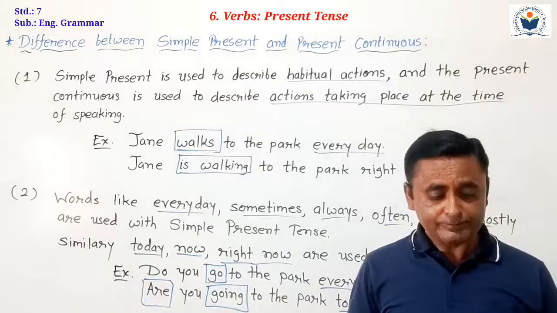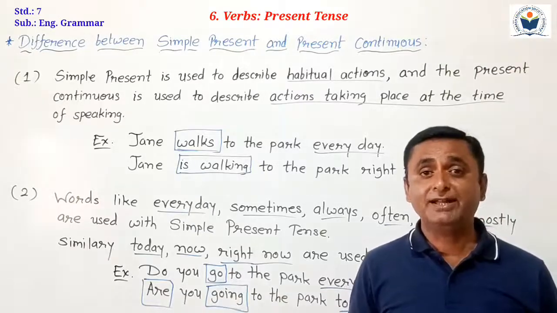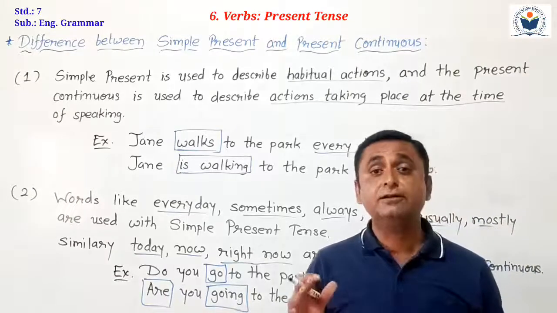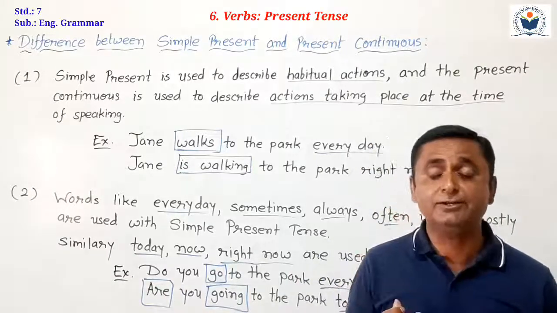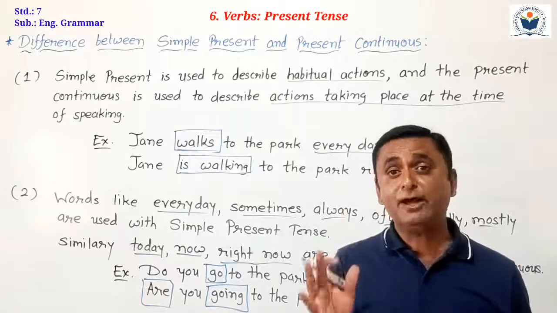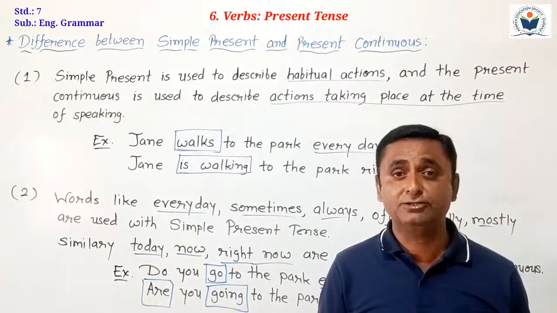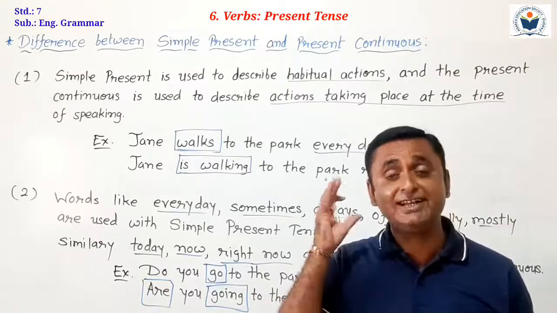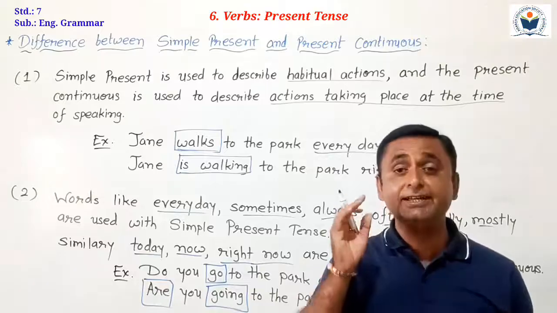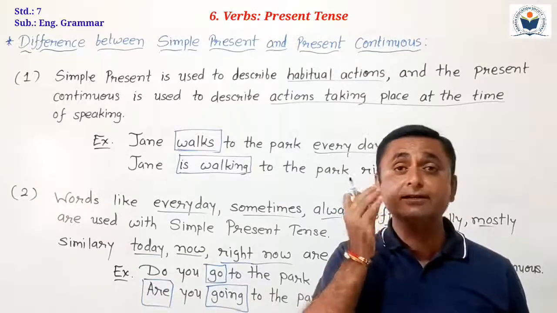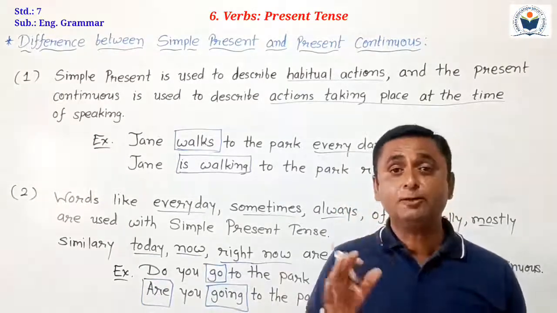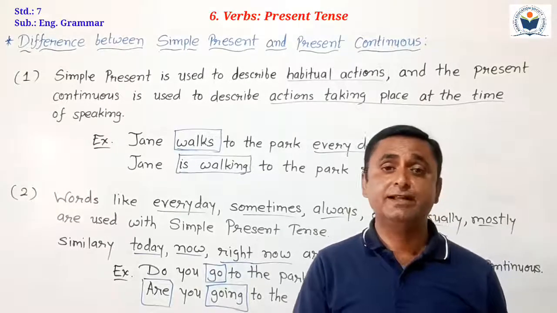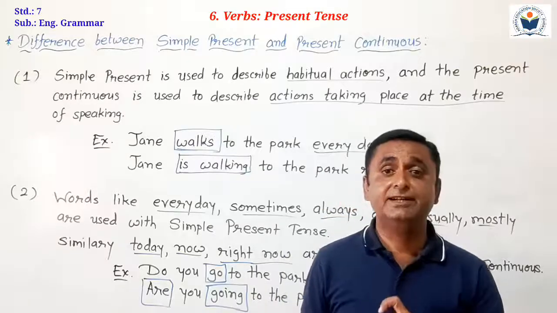Now, somewhere we cannot use present continuous tense. Some notes are given here. It is related to our five senses. The human body has five senses, and with them we cannot make present continuous tense. For example, do not use present continuous for verbs describing our senses, such as see, hear, smell, taste. We don't use present continuous tense with sense-related words.